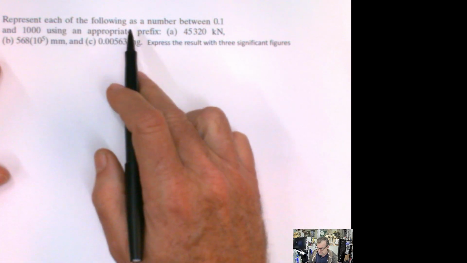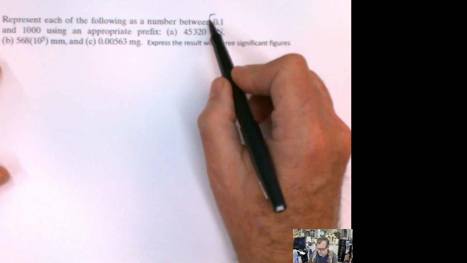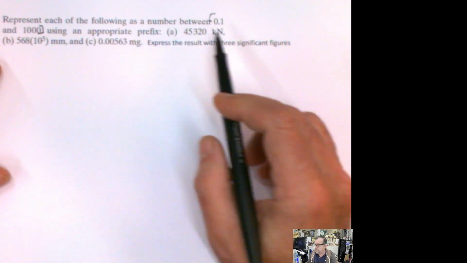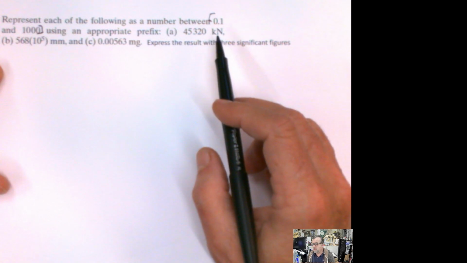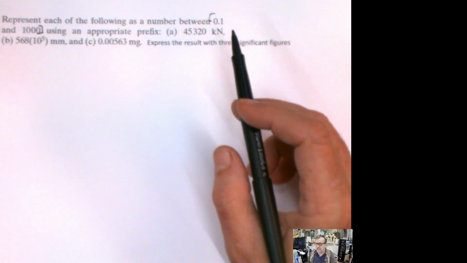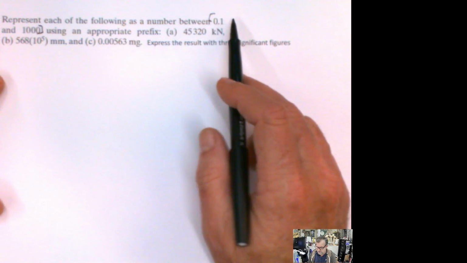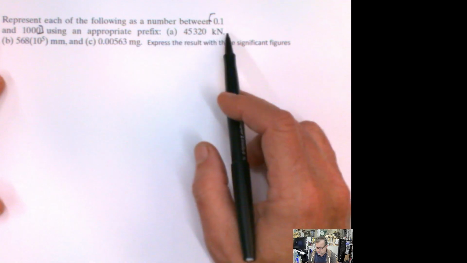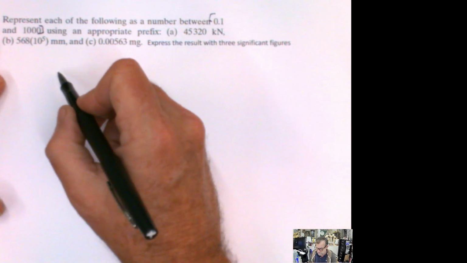It says represent each of the following as a number between 0.1 and 1000. Remember, this shouldn't be here because you already know that. I told you that this is the elegant way that people look at that, between 0.1 and 1000, using an appropriate prefix, and these are the numbers here. So the first number, for part A, will be